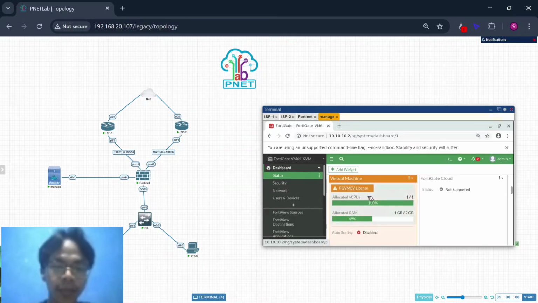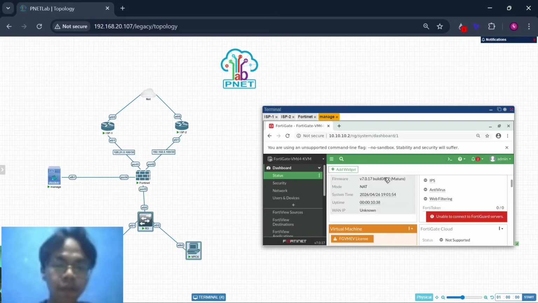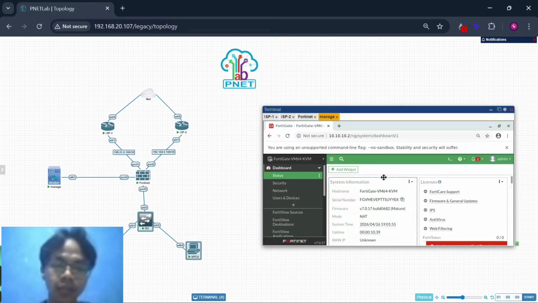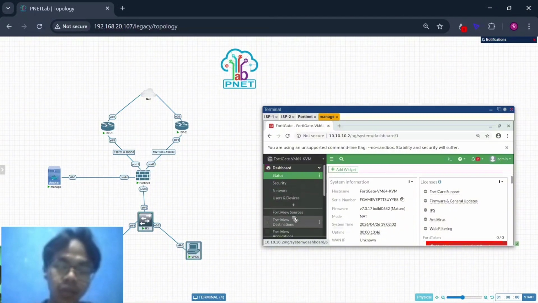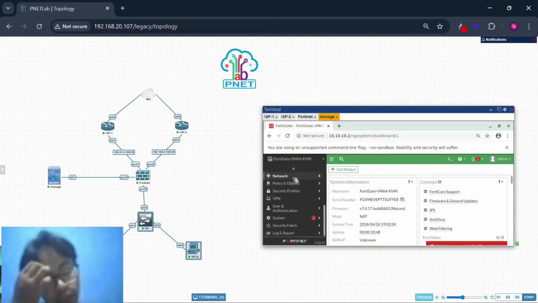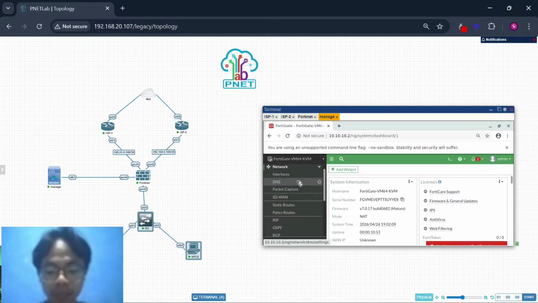So I want to configure port 3 on this FortiGate device from this UI. First you must go to Network and open Interface.